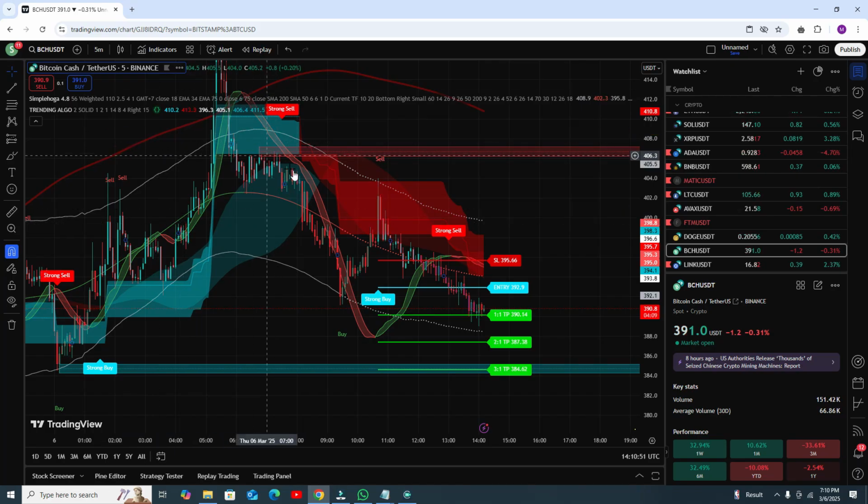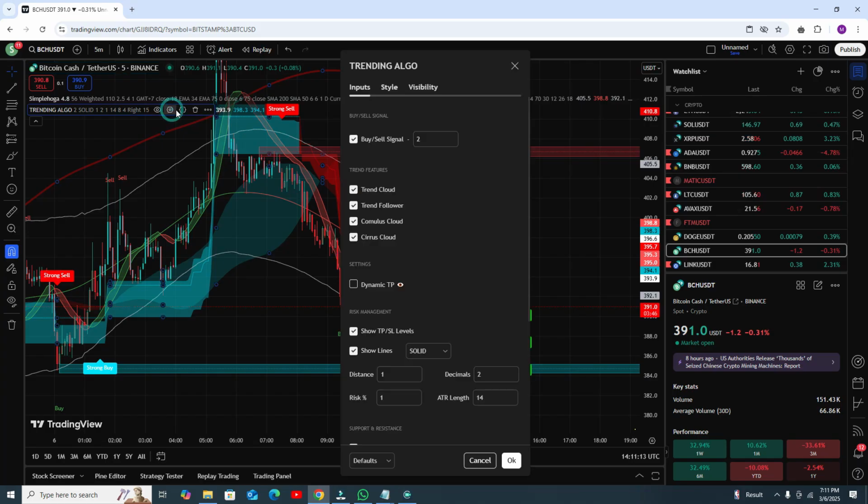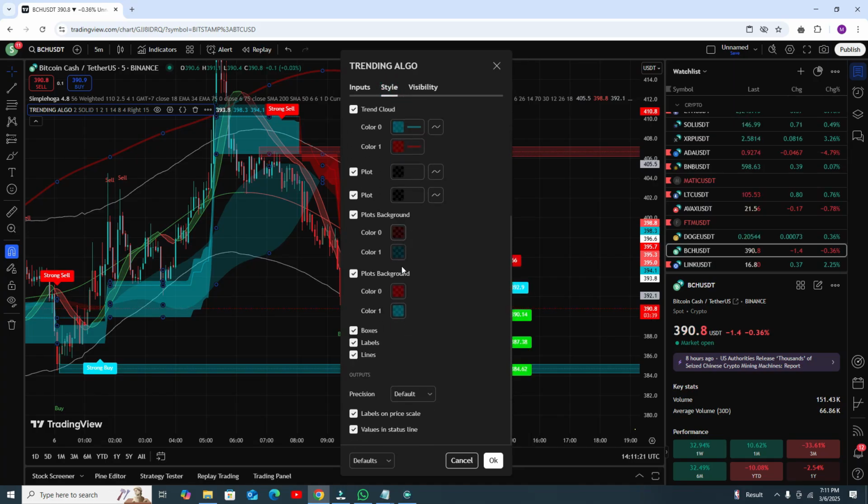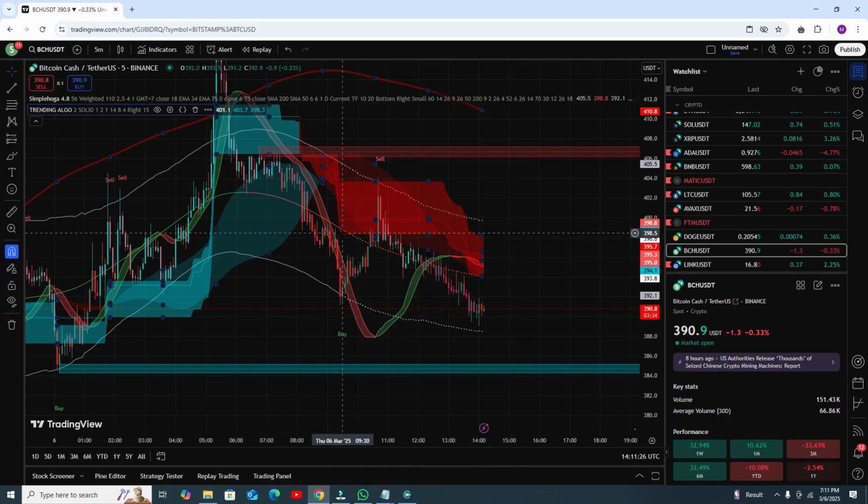But if you want to follow only these signals, like here, then that is not a profitable signal, but that signal is profitable. That signal is profitable, that signal is very profitable. So overall you are getting accuracy of 50 to 60%, but if you follow my strategy you will get more accuracy. Let me show you. Go to the trending indicator, go to the style and uncheck the lines and labels. That's it, your indicator is now ready.